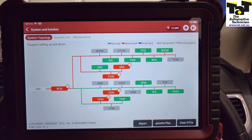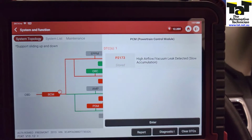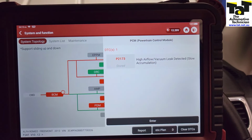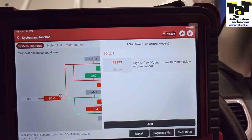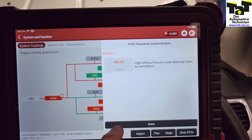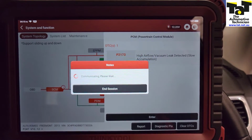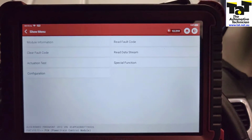Obviously we check for codes, and as you can see, P2173, throttle actuator control, an issue with a possible vacuum leak, high airflow. So in this case, the freeze frame data didn't really help us. And to be honest with you, if you got something like this code, and you've got a smoke test available and you can easily get in there, you might as well just go straight for a smoke test, hoping that it's not an intermittent fault, which it definitely could be, depending on